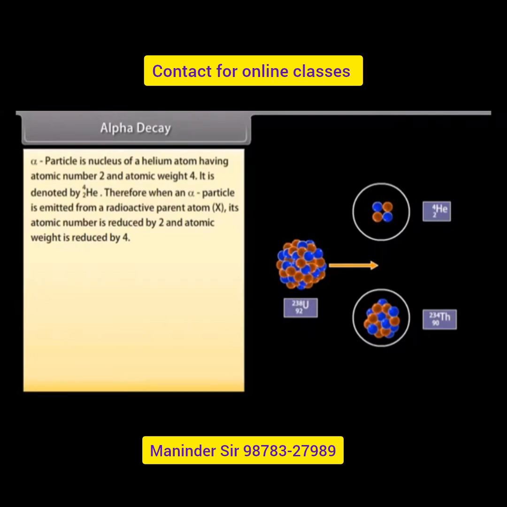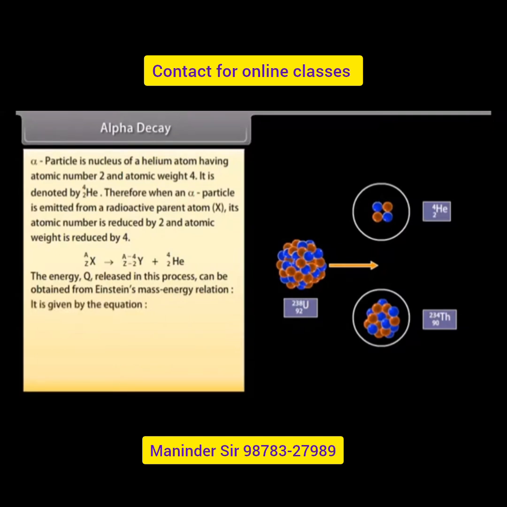It can be demonstrated as follows. The energy Q released in this process can be obtained from Einstein's mass-energy relation. It is given by the equation Q is equal to (mX minus mY minus mHe) times c squared. This energy is shared by the daughter nucleus and the alpha particle. For example,